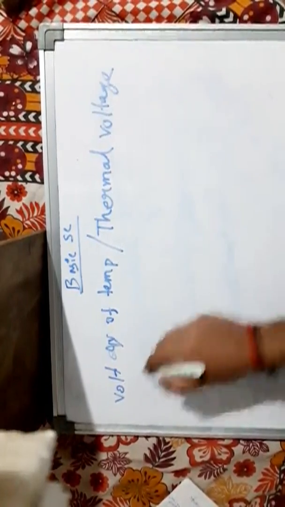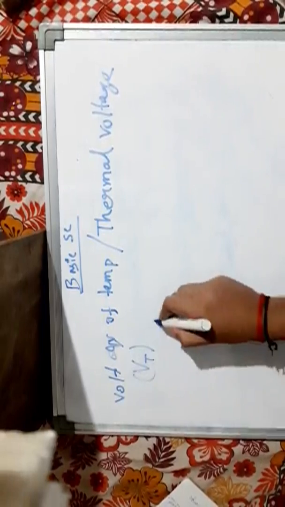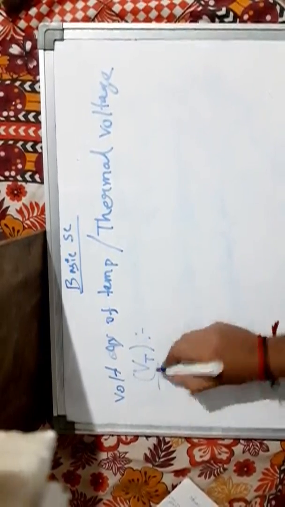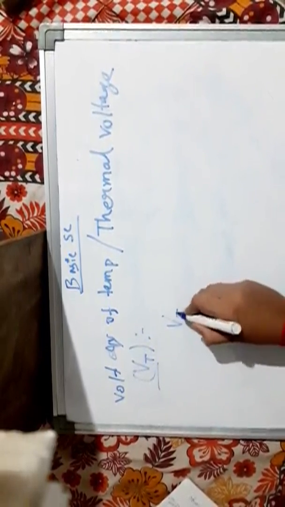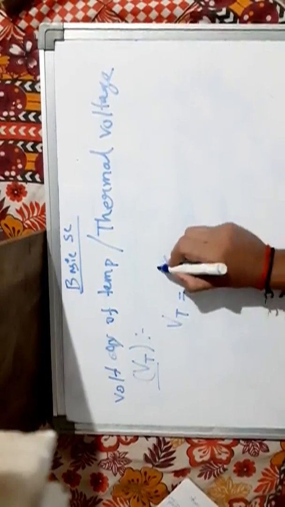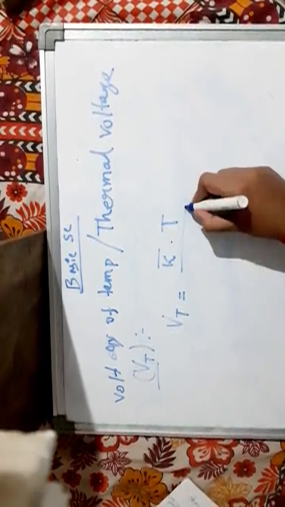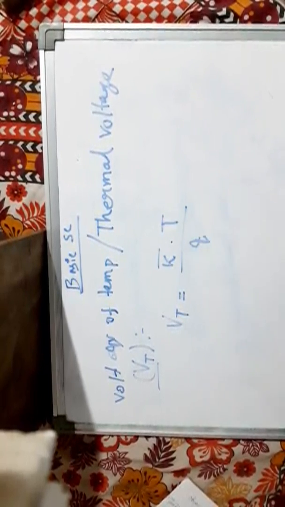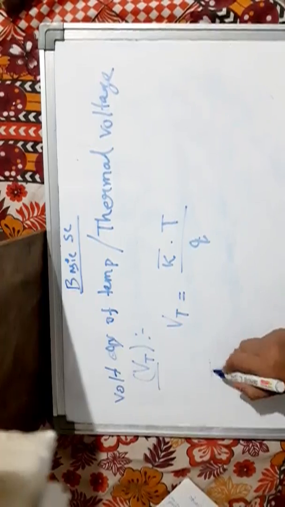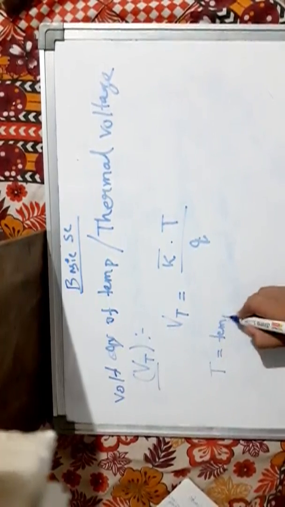The symbol of this is V suffix T. Now the formula of thermal voltage is V_T equals k times T divided by q, where T is the temperature in Kelvin